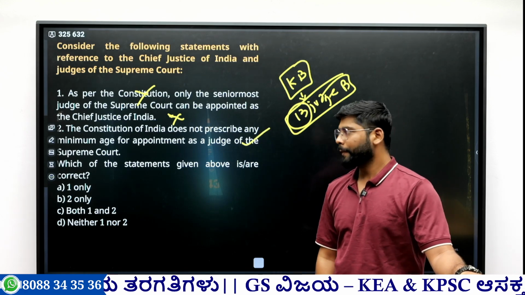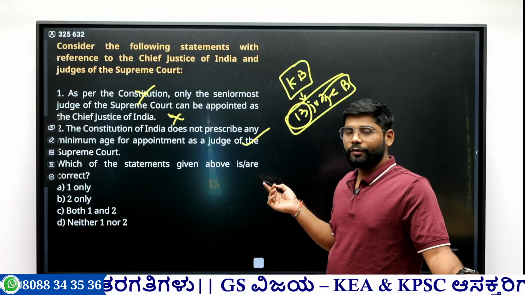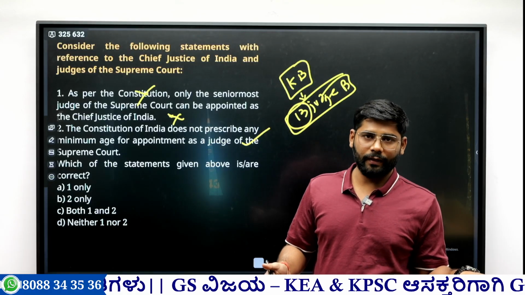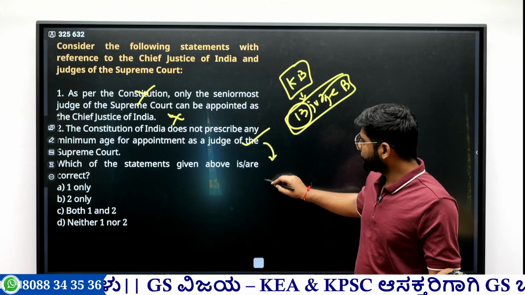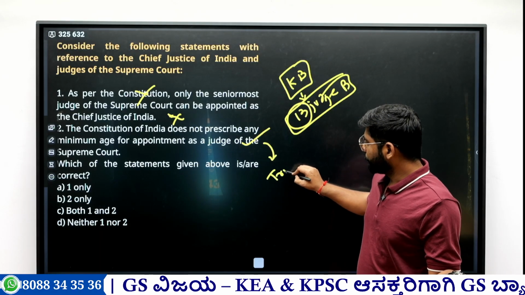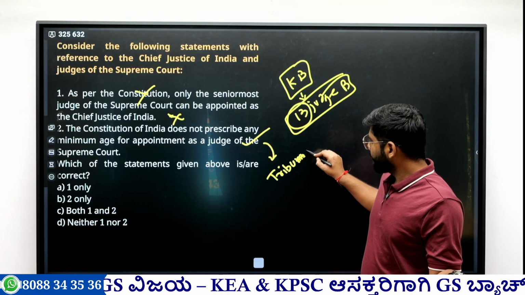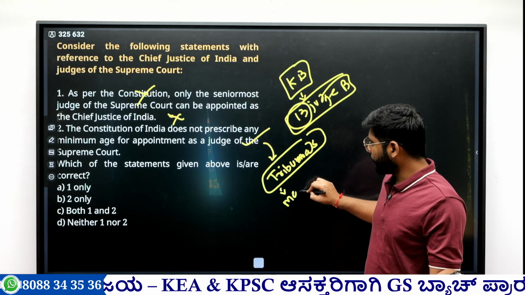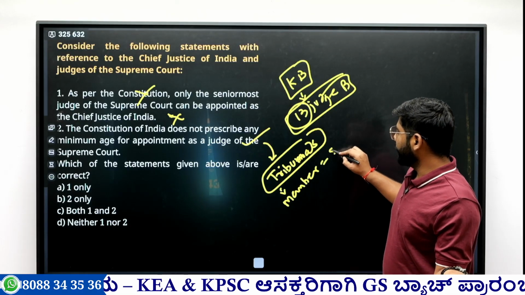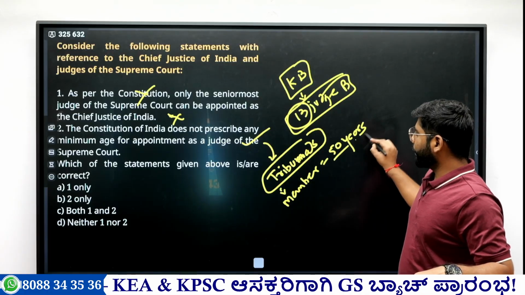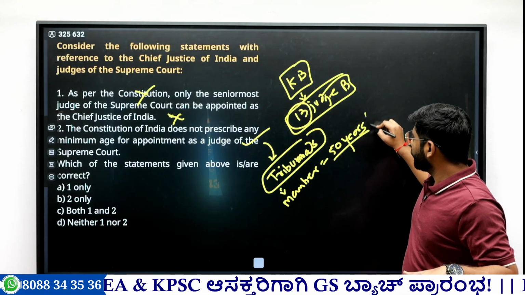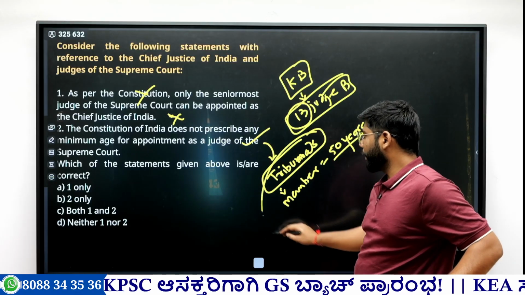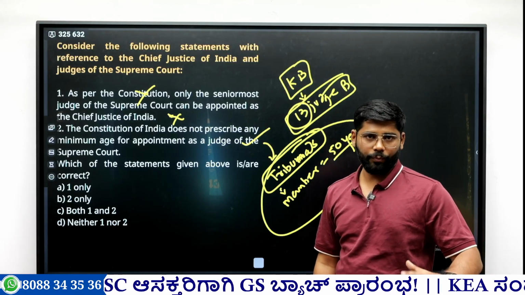This is the correct. Okay, so this controversy again erupted. It is in the news because of the tribunal reforms. When the government brought the Tribunal Reforms Act, it said that a person who wants to become a member of a particular tribunal must be of the age of 50 years. So this Tribunal Reforms Act laid down the minimum age criteria, that is 15 years, minimum age should be 15 years. And against this act, the Supreme Court twice struck it down,